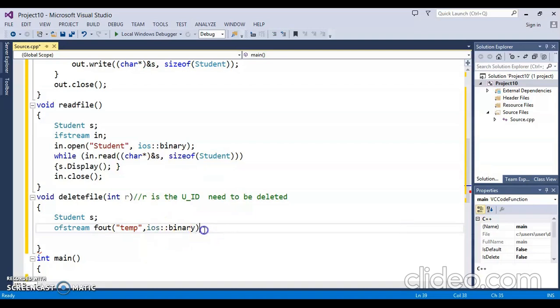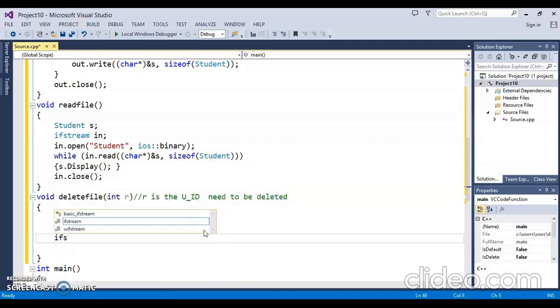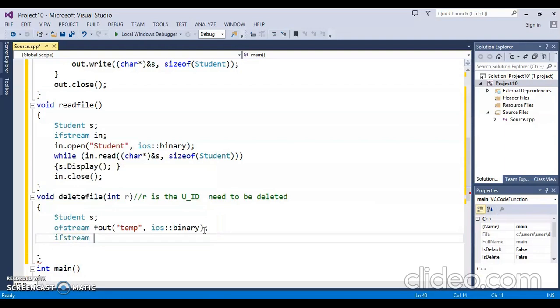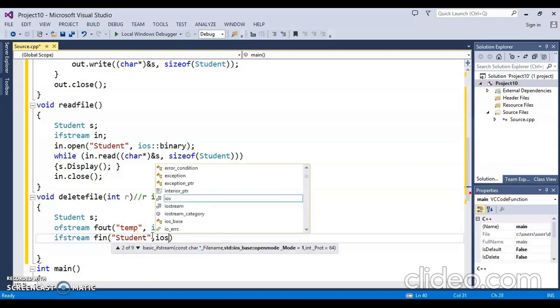Similarly I will open a file for reading. Which file will we open? We will open the student file, because from the student file we want to delete a record. So let's say fin, and we will open the student file here for reading. It will read from the student file and write to a different file, a temporary file, temp.